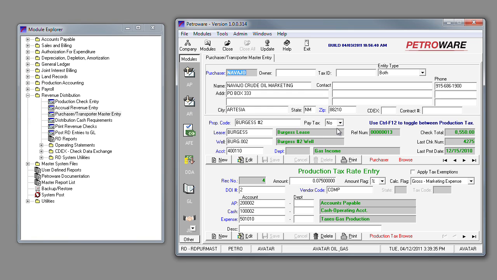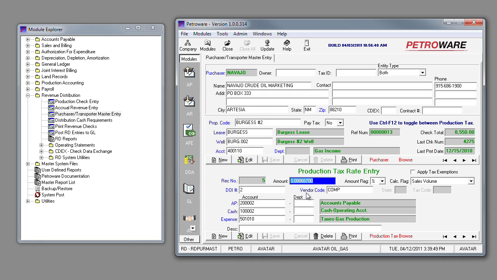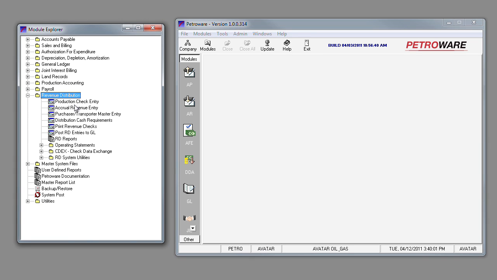Since this purchaser is not deducting the taxes, I am going to have to pay the comptroller's office 0.075% of the gross less marketing, and I will also have to pay a 0.000667% of the sales volume. And then these are the accounts that I want those items to hit. Once this is set up, you'll go into your production check entry,